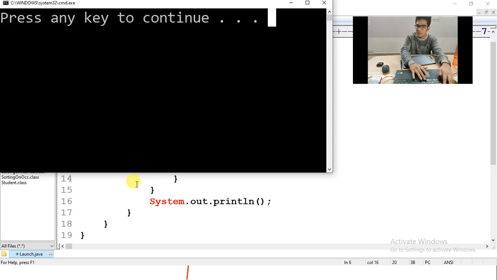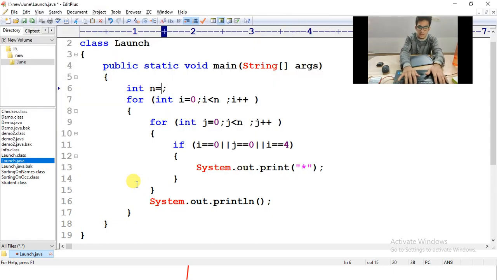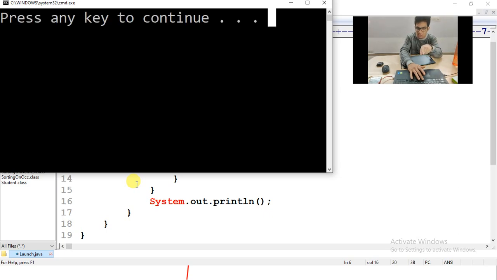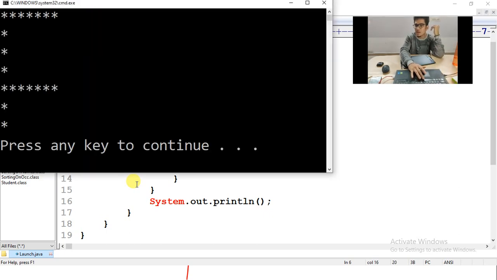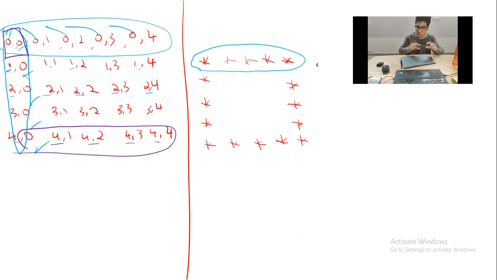Why will you not get the proper output? Watch here. You will not get a proper output like this. Or if n value is 7, you will not get a proper output. Why? N value changed, but did your code change? No. Your code should change according to the n value. See, this is what you will get. Don't you think the line should come in the last row here? Last row is always n minus 1, because numbering starts from 0.